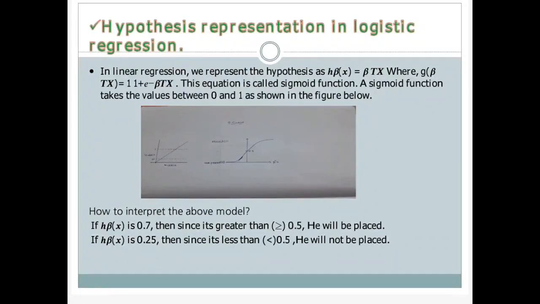Suppose our point is at 0.8. Then we need to check whether our point is above the threshold or below the threshold. If it is more than the threshold value, then it gives a result as 1, else it gives a result as 0. Suppose we think the threshold is 0.5, then we need to know whether our value is more than 0.5 or less than 0.5. If it is more than 0.5, then it is a win, so it is 1, or else if it is less than 0.5, it is 0, lose.